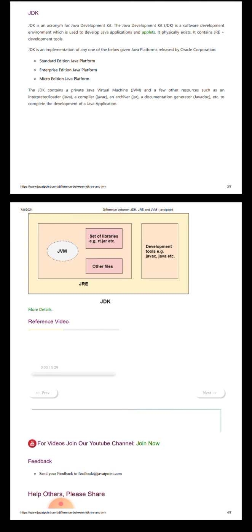All these are present inside the development tools. So the JDK is used to develop Java applications. These are JVM, JRE, JDK in sequence. Let us now proceed to these JVM, JRE and JDK individually.